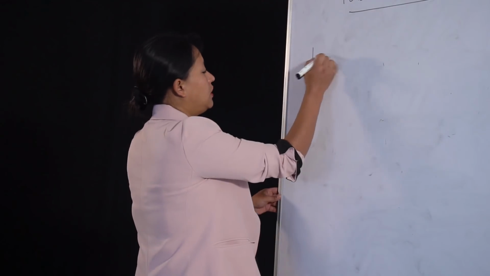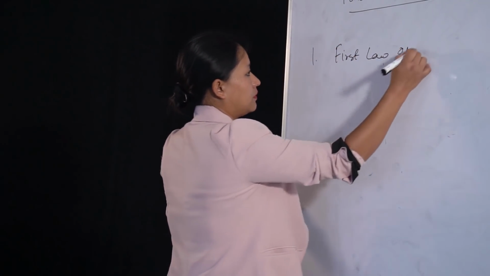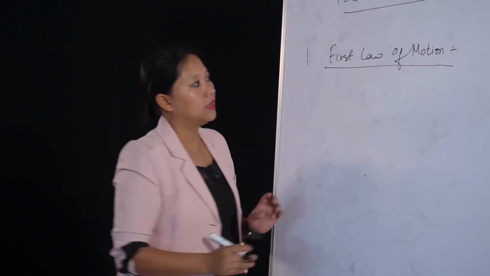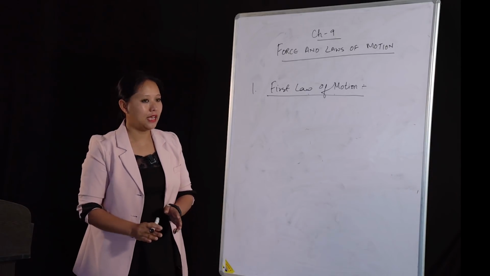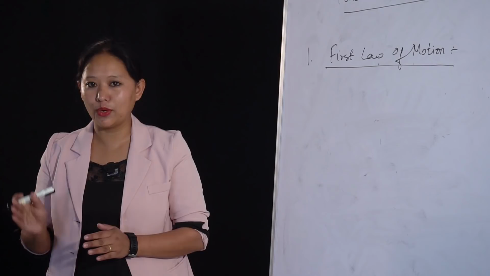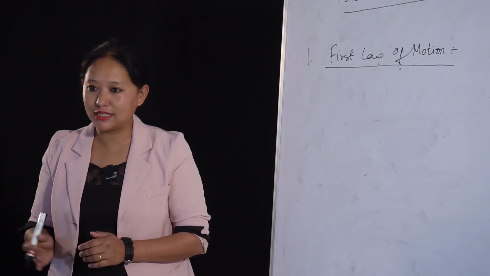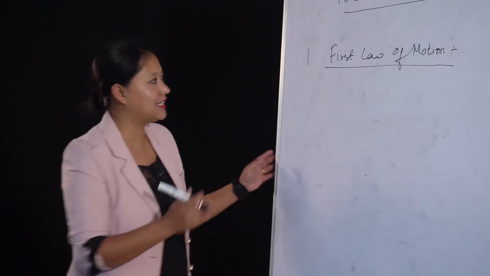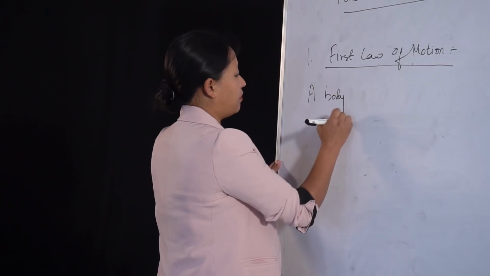The first is Newton's first law. So what is Newton's first law of motion? Newton's first law of motion states that a body at rest tends to be at rest, and a body in uniform motion tends to be in uniform motion until and unless an external force is applied on it. Let me write this. A body at rest